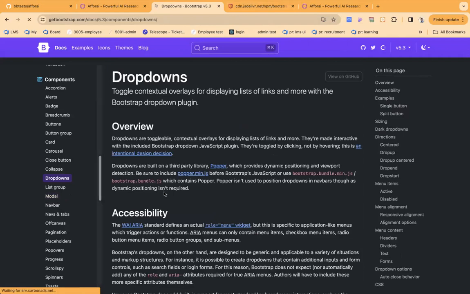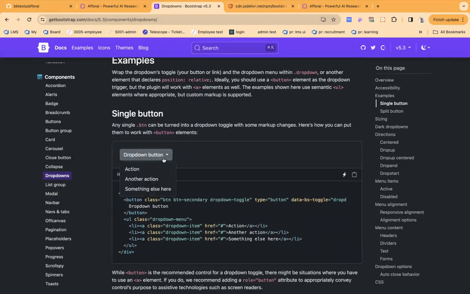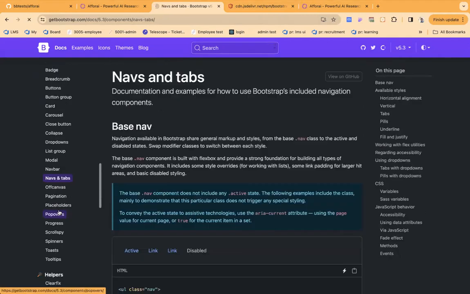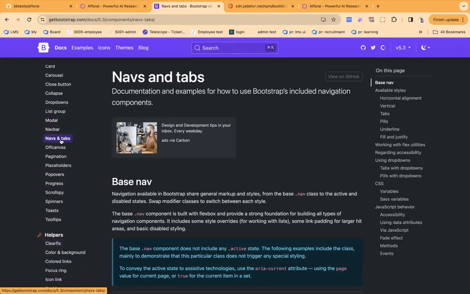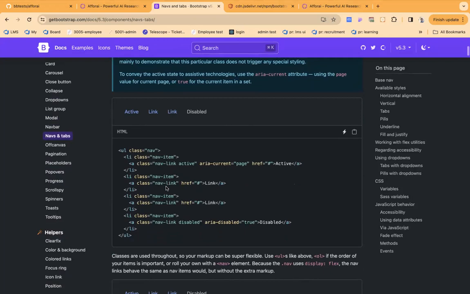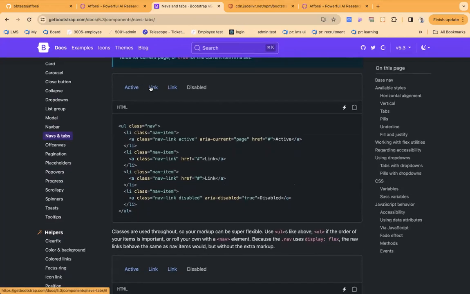drop down, and this is drop down. So something like this, you want somebody to drop down menu. Usually you have it on mobile, or you can have it on some desktops too, depending on the information you have on the site. So this is drop down. So the navigation bar, what's it called? You have by default navigation stuff here from Bootstrap. So you can see you have link, all of this. You can just copy them